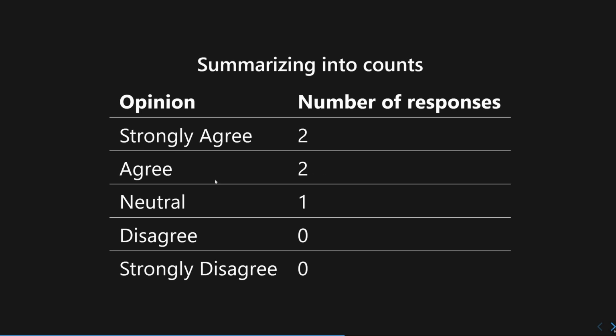2 responses responded with agree, 1 response responded with neutral, 0 responses responded with disagree, and 0 respondents answered with strongly disagree. So by converting your data into counts like this, you will end up with the values 2, 2, 1, 0, 0, which are, of course, quantitative data.